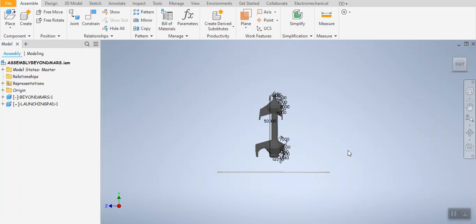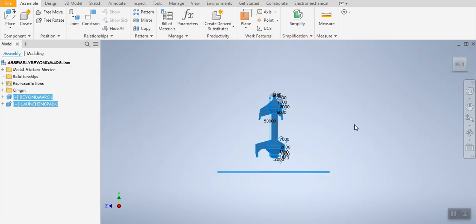So we placed these two items, two parts, separately, but we changed the launching pad so it is grounded and doesn't move. And now both of them have to be selected. I'm pressing the left mouse button and making a selection window including both parts. This way they're all selected when I make it big enough, and the computer shows me